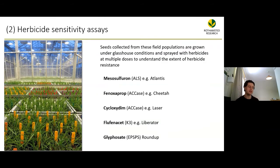So that was the surveillance side of things. But another component of the work that we do is to screen these populations for herbicide resistance to get an idea of the extent and distribution of different resistance mechanisms across the country. Now, we've collected seeds from each of those field populations, and over the past few years, we've been working away in the glasshouse to screen them for